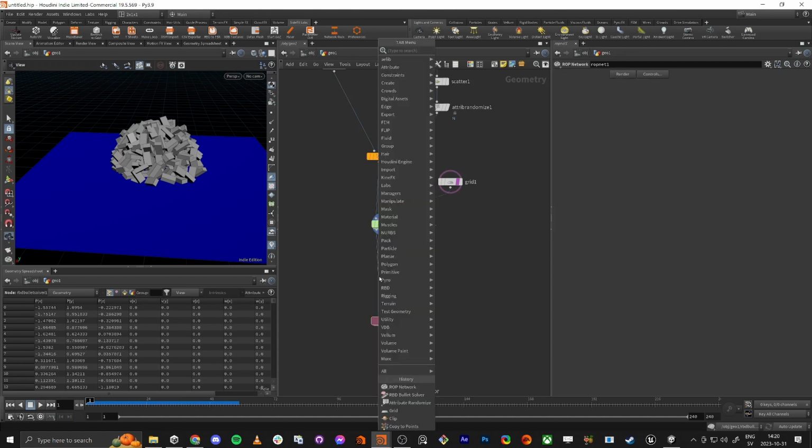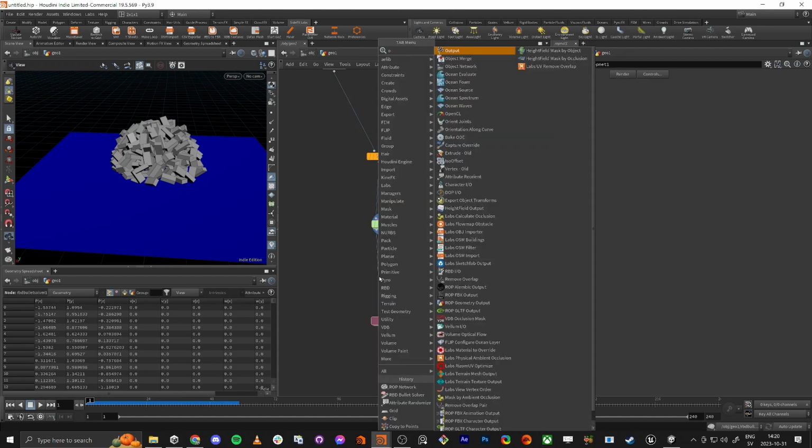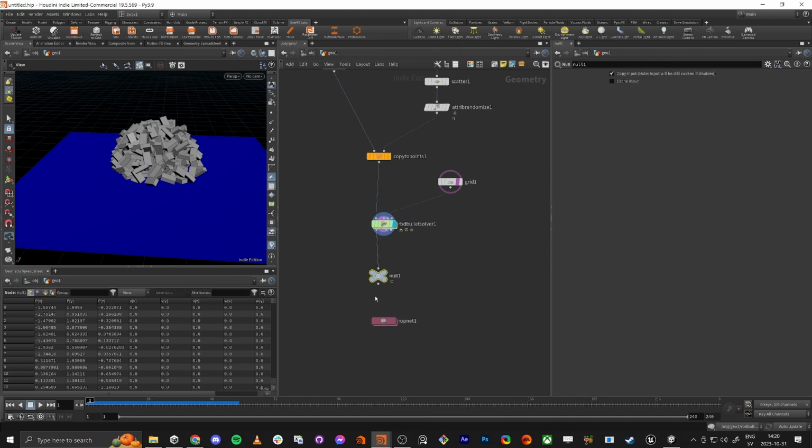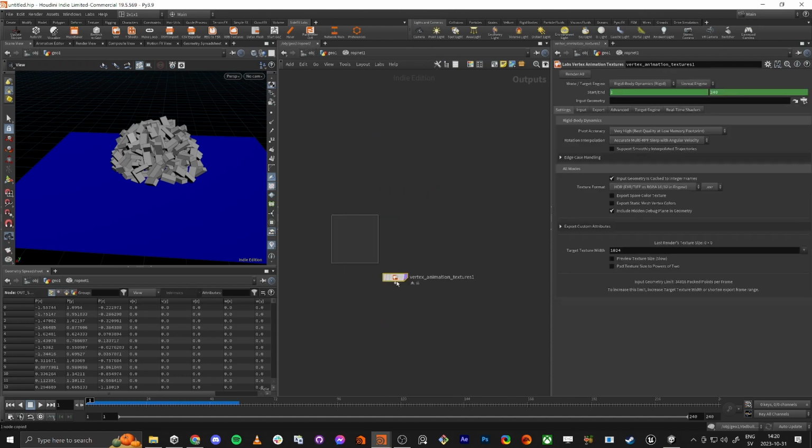And we're actually going to have this null node, and this is going to be out simulation. So I'm going to copy this node, and inside this node, input geometry, I'm just going to paste it like this. Super simple. You could, of course,